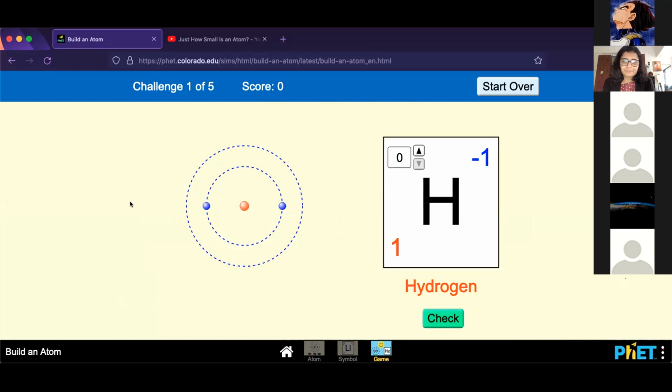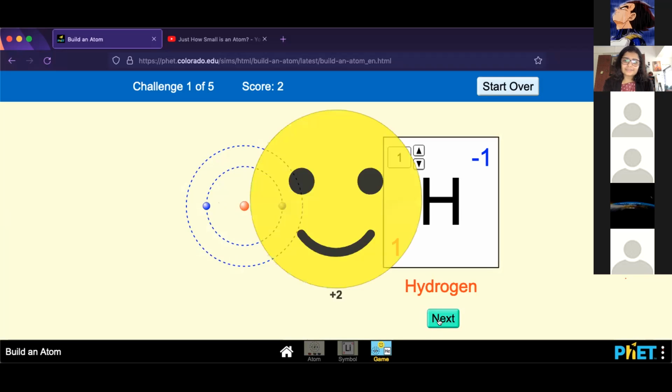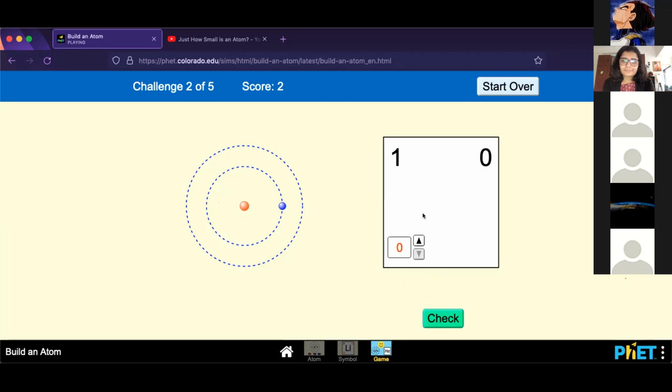What do we have to do? Do you need to build hydrogen, or figure something out? Ma'am, I think we have to figure out the mass number. Yeah, this is the only thing I can edit now. Cool. What should I do? Ma'am, it's 1. Next. Okay. Charge is 0, 1 proton, 1 electron. Mass number is 1.